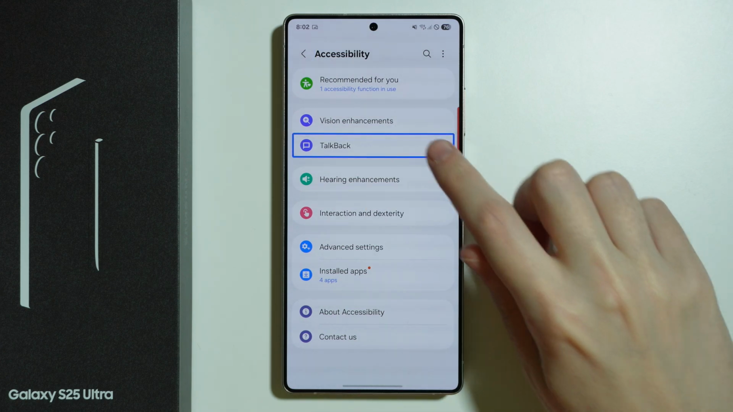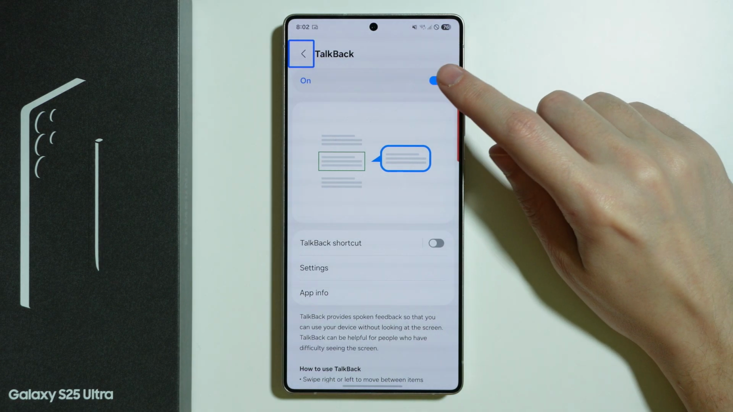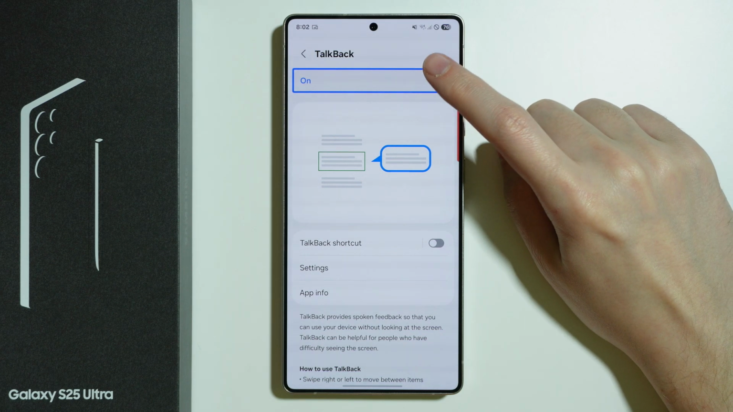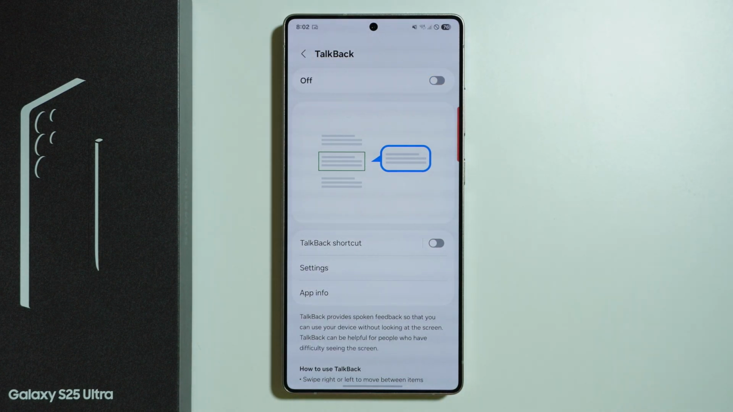Tap on TalkBack once and then double tap in order to enter this setting. Tap on the switcher and then double tap. Tap on turn off option and double tap. And there we go,